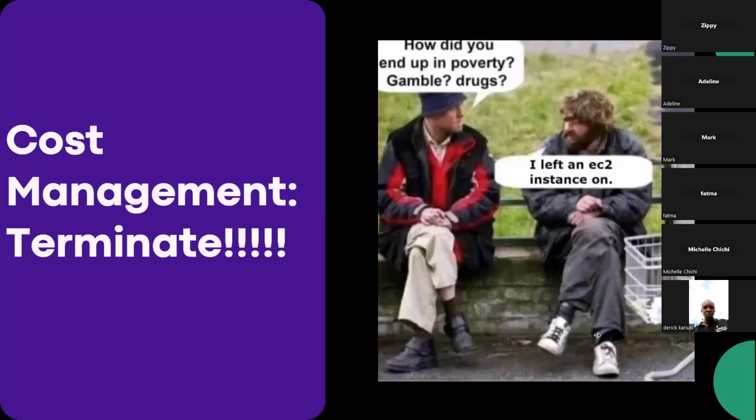The other thing is on terminating. We've all seen this meme. It's been making the rounds for a couple of months now. And it's funny until it happens to you. It actually does present a real problem when running in, not really AWS, really just any cloud environment. And this is something that's very easy to miss.